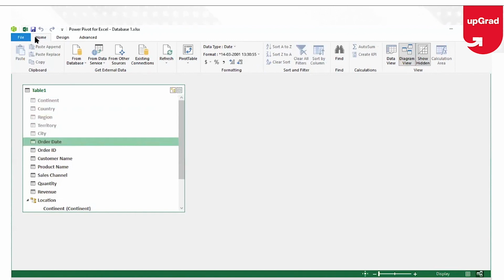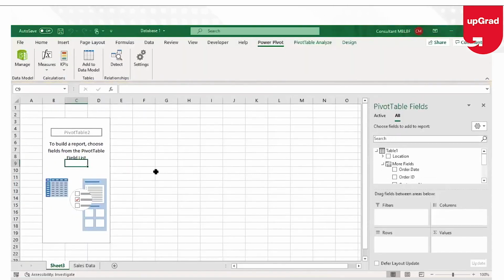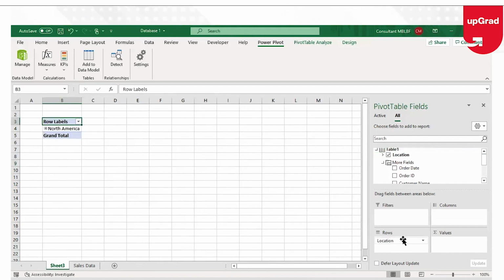If you go back now on the pivot table, you can see that that is no more available in your pivot table. It is only showing from the order date, and your data in the location is shown your data for the region. Now, if I drag and drop the location and select the revenue from this list, now this is the same table, so I don't have to create any relationships and all.